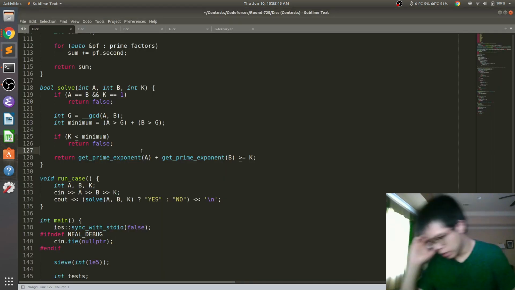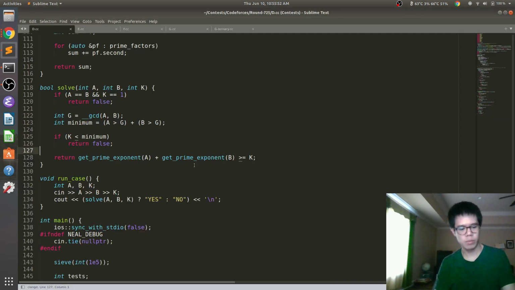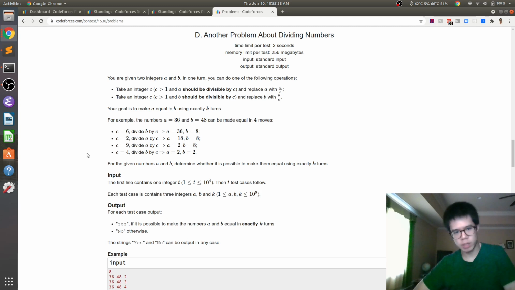And then otherwise, really the main problem we have is with doing it in exactly k turns, because as long as we have enough turns, k is at least the minimum, then we can generally do it, except for the fact that every time we do an operation, we're reducing a and b significantly. So in particular, the largest number of operations we can do is basically to divide a and b by a single prime each